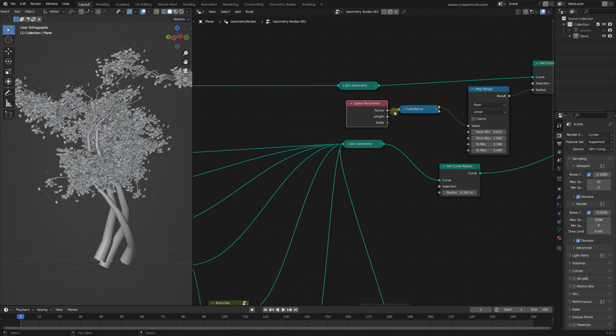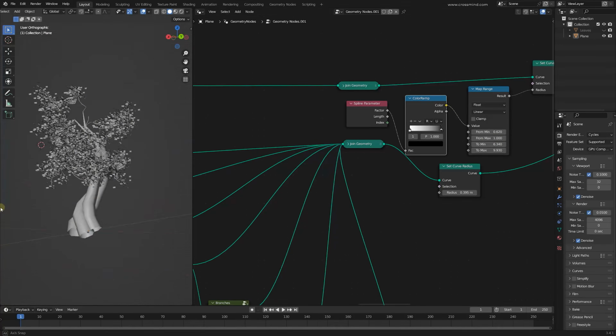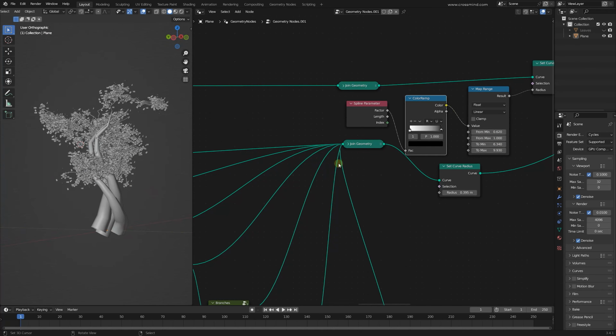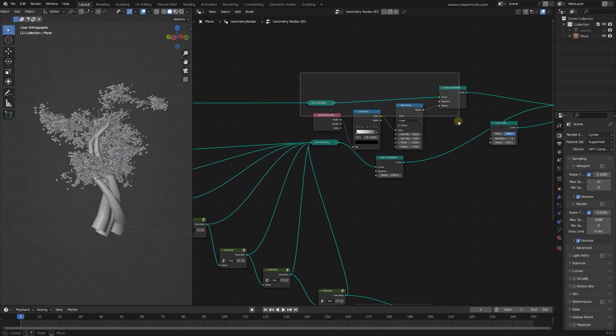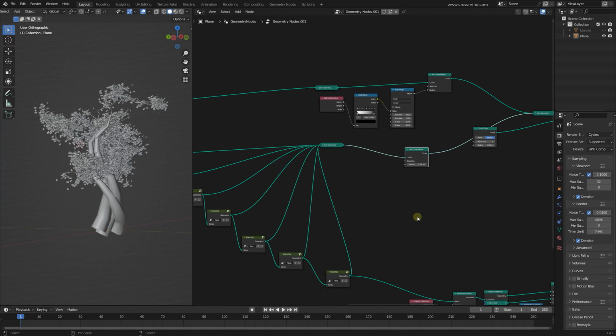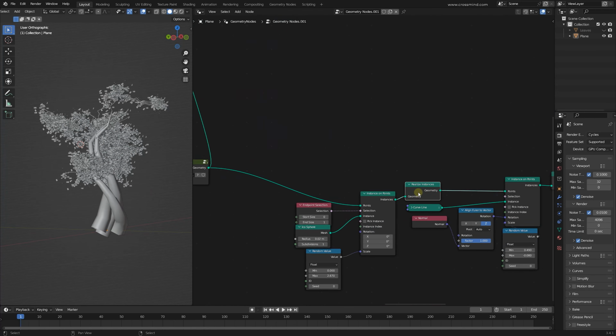Yeah, use the factor value here. That works better in this case. So this looks fine. Let's leave it as it is for now. And for the other thing, the branches, what we can do is these icospheres that we had created here at